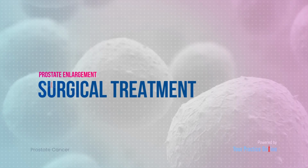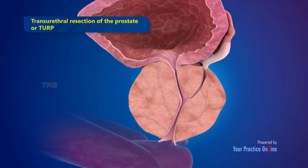Surgical treatment. The main objective of surgical treatment is to reduce the size of the prostate gland and enlarge the urethra to make voiding easier. Treatment may include the following: transurethral resection of the prostate, or TURP, removal of the part of the prostate causing obstruction with the help of surgical instruments passed through the urethra,